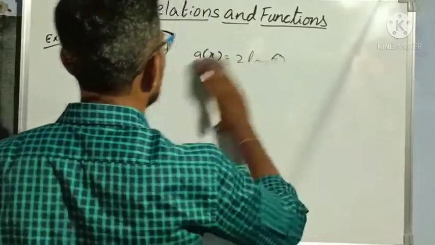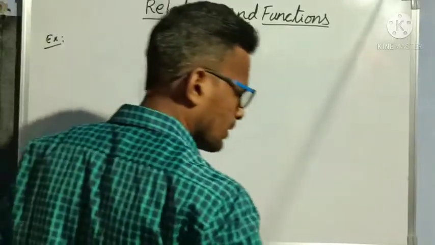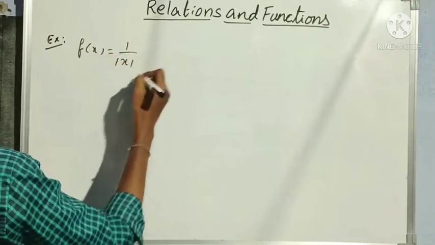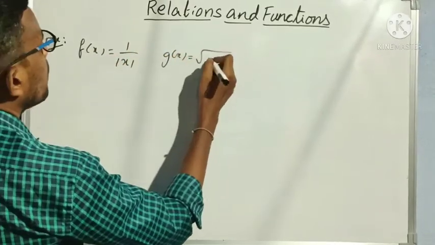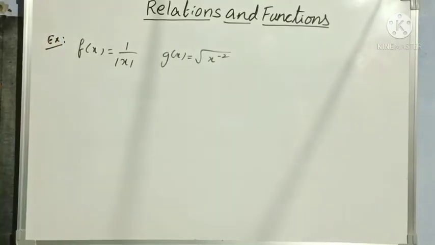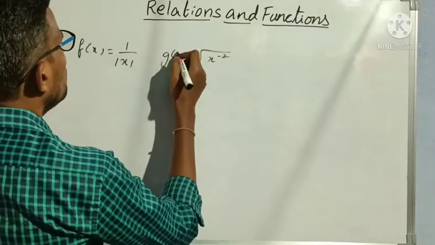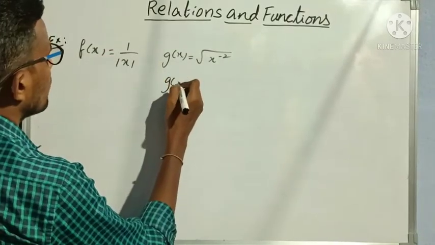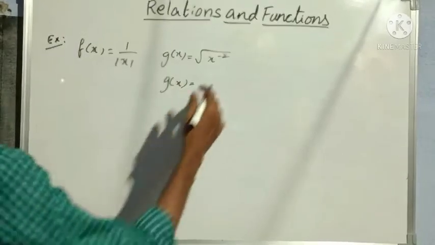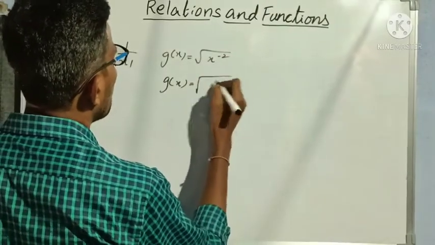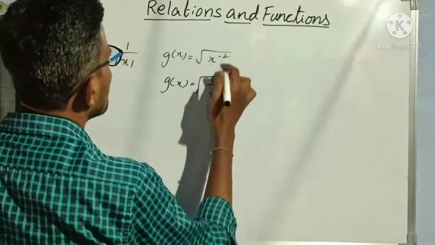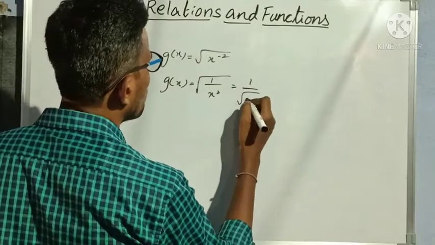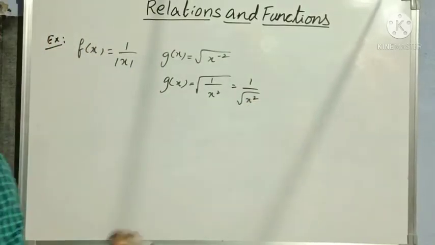Yes. Now let us see an example of identical functions. So f of x is equal to 1 by mod x and g of x is equal to square root of x power minus 2. These are my functions. Okay. Now I have to prove these two are identical. Okay. So f of x keep like that only and g of x we will simplify first. So square root of x power minus 2 is nothing but square root of 1 by x square. Why? Because a power minus n is equal to 1 by a power n. So anyhow square root of one value is 1. So 1 by square root of x square. Yes, square root of x square.